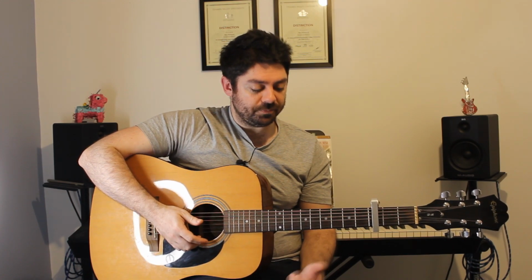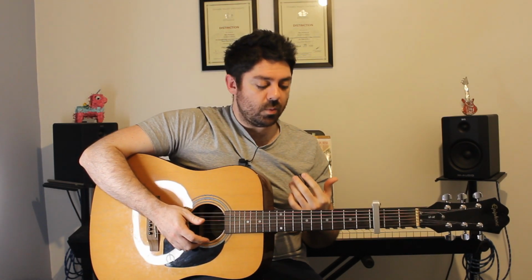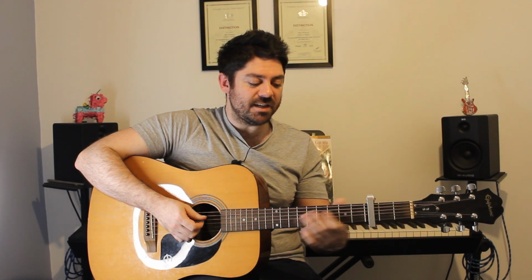However, the next part of the song, we have a very awkward chord. Now the next chord in the capo that we're in would be called an E flat chord, which we're going to have to put up here. Now technically it's there in the actual recording, which is 1 fret lower. Now obviously that's quite annoying to try and get to, and I'm struggling to find an easy way to play